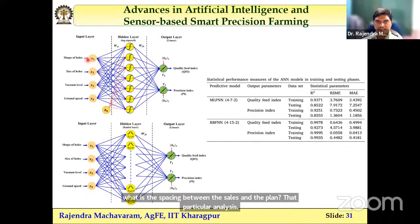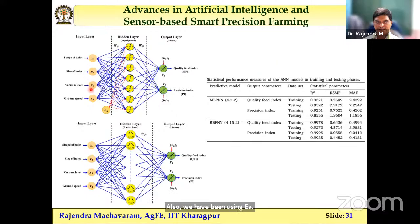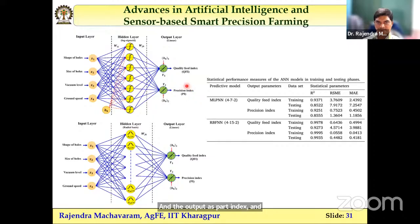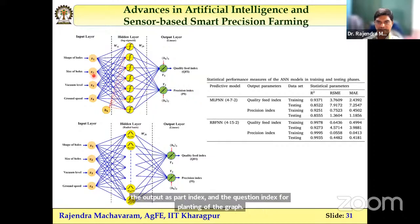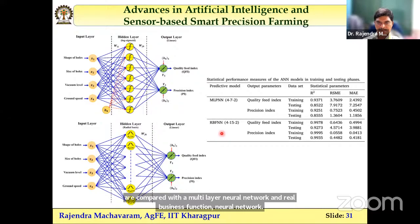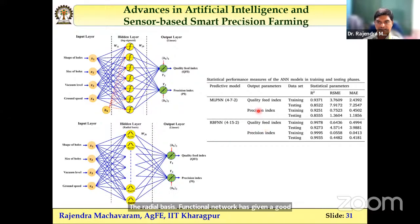Here we have taken the shape of hole, size of hole, vacuum level, and ground speed as the input parameters, and the output as quality feed index and precision index for planting of the crop. We have mapped with the input parameters. We compared a multi-layer perceptron neural network and a radial basis function neural network. The radial basis function neural network has given a good prediction compared to the multi-layer perceptron neural networks, with the